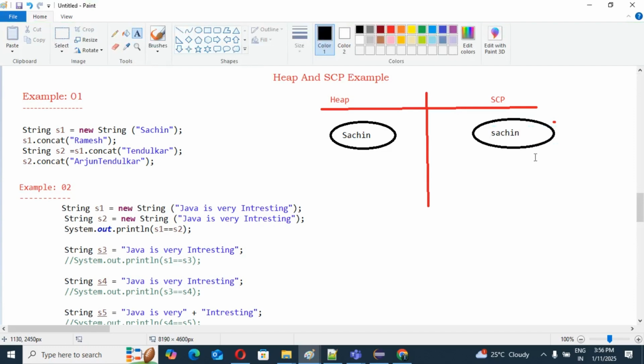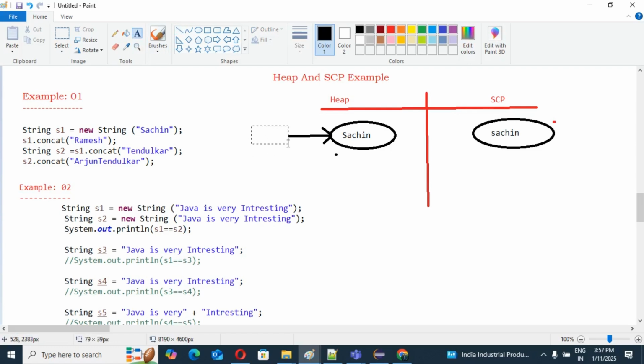But in the SCP area, this object is managed by the JVM. So the reference is managed by the JVM, we do not take care of it. But in the heap area, the object is managed by our reference variable. So you can see here, this object is referenced by our s1, right? Yes or no, guys?